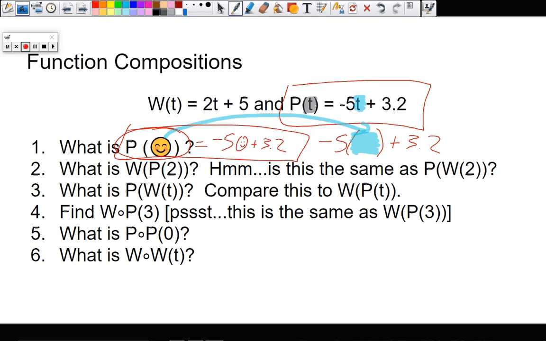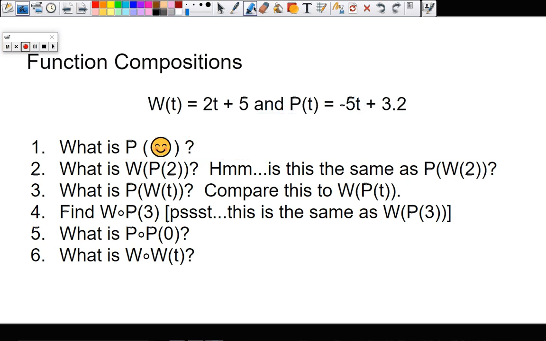Yes. Okay? Now, is W of P of 2 the same as P of W of 2? Some of you are probably thinking no already. And I think my example that I gave you earlier might have helped you say that fairly quickly. Think about it like this. Let's say that W is like working out. Okay? And let's say that P